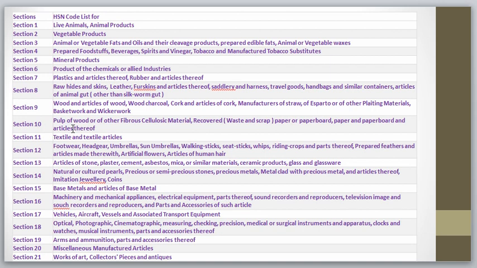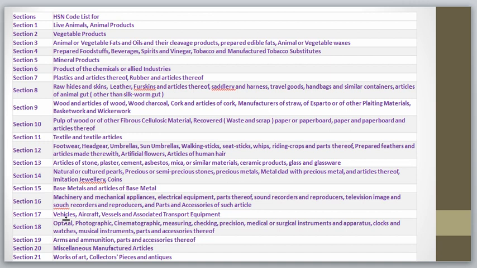Section 10: pulp of wood. Section 11: textiles and textile articles. Section 12: footwear. Section 13: articles of stone. Section 14: natural or cultured pearls. Section 15: base metals. Section 16: machinery and appliances.